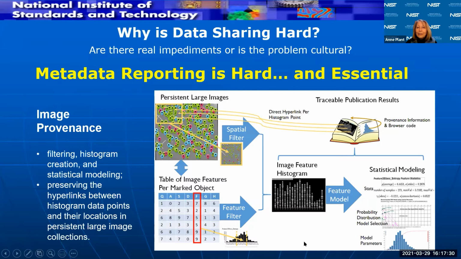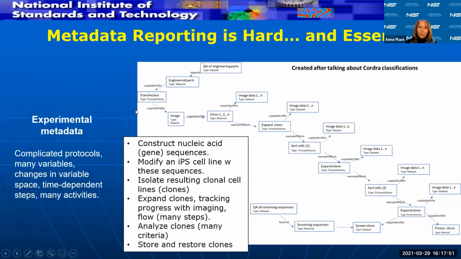But I chose this example to start with because this is a data science problem, right? And so it's probably not that unusual for anybody in the audience here to be thinking about this kind of data handling challenge. But in my world, which is trying to cope with biological systems, the provenance of an experiment, if you will, can become really complicated really fast.